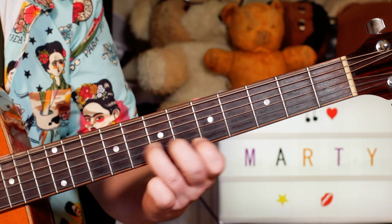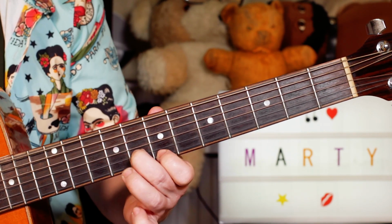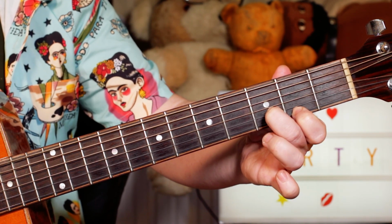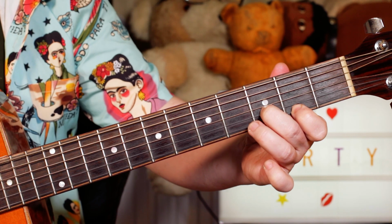So 7 and 5, 8 and 7, slide to 10 and 9, down to 7 and 5, down to 3 and 2, D and F sharp. So, and then